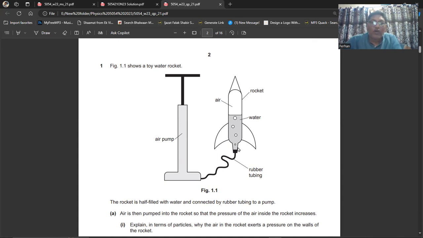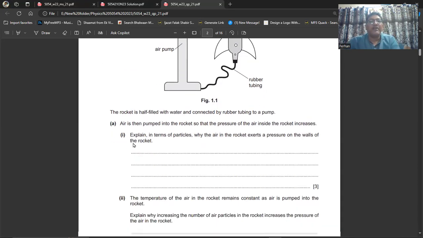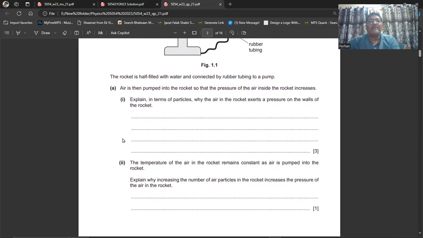So here you have a rocket, here we have a rubber tubing. This is connected to an air pump. If I pump this air pump, the air will be injected into this. This rocket is filled with water, so the air will come through these bubbles. The rocket is half filled with water and connected by rubber tubing to a pump. Air is then pumped into the rocket so that the pressure of the air inside the rocket